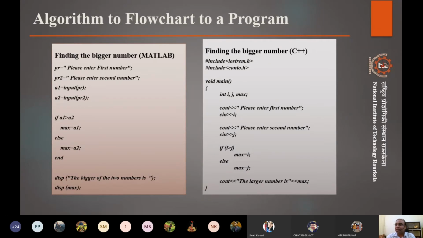Like in MATLAB, the request for inputting any variable is done by an input function, that is, a1 equals input, bracket, some text that can be given. However, in C++ there is a different input statement, that is cin, which puts the value from the user into the I variable. So it is doing the same thing, and